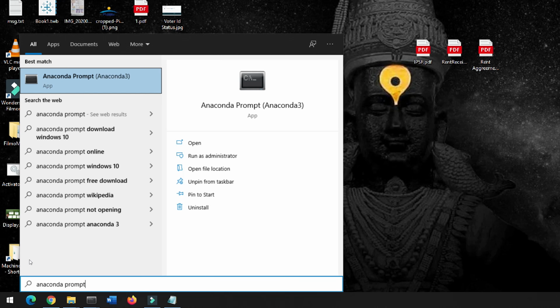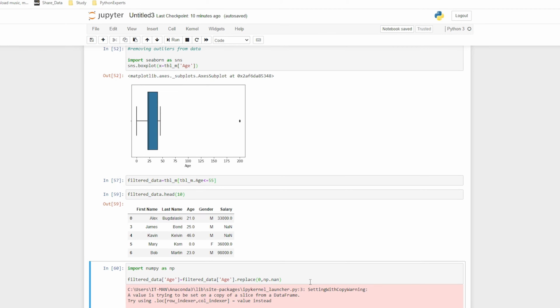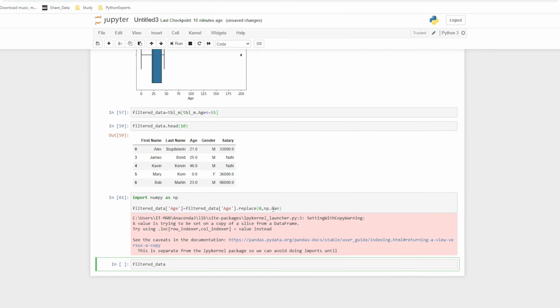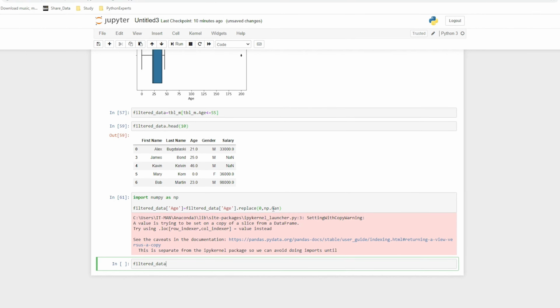We can use replace function on column name and replace any 0 values with null. We can now see that we have replaced 0 with null. Next thing we will do here is we will replace null value in age column with a mean of age column.